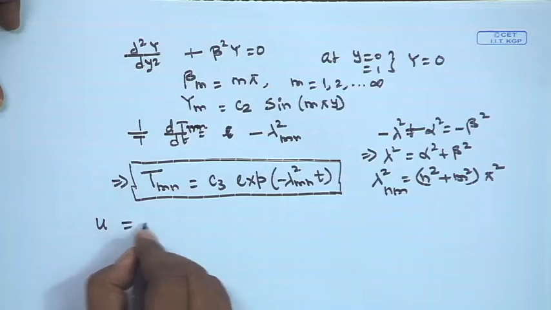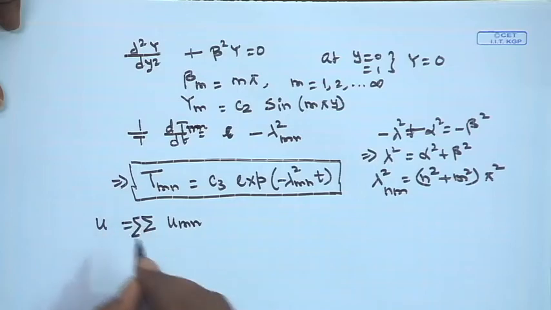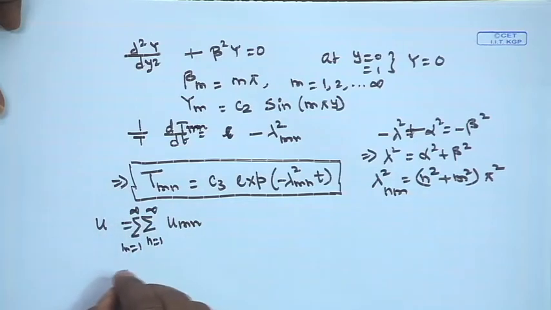Now, we are in a position to construct the complete solution by multiplying each of these components together and then adding them up by using the principle of linear superposition. If we really do that, then the solution will be constituted by summation of u m n, and there will be a double summation, because we will be considering two eigenvalue problems. One is in the x direction and one is in the y direction. They are independent to each other. So, therefore, there will be two summations in the solution, one over n for x, another over m for y. So, therefore, n is equal to 1 to infinity, m is equal to 1 to infinity,